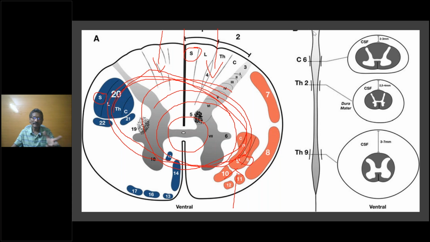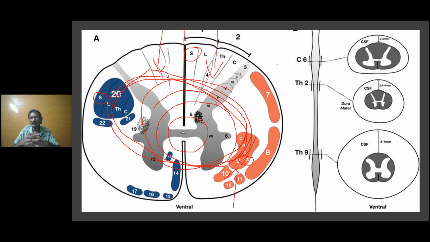Okay, the reason I showed you this diagram is for you to understand how the sacral fibers can be affected in diseases. Did you understand the image and the explanation I gave? The importance of the arrangement of the fibers with reference to the lesion. So don't always go by sacral sparing. It is not a rule. You have to go by where the lesion is coming from.